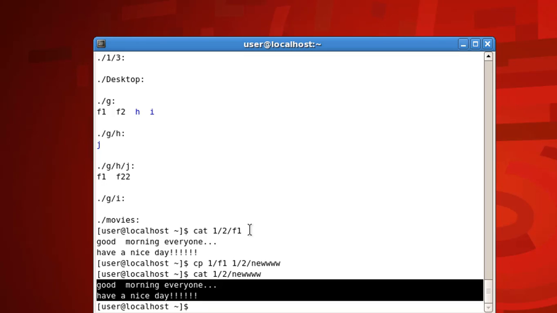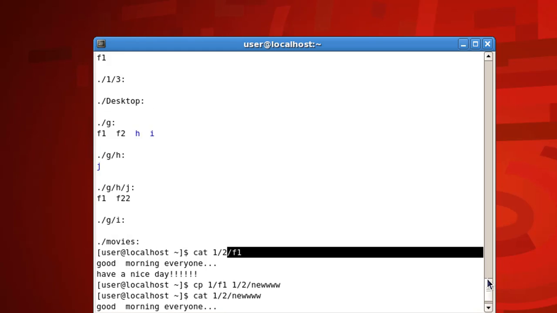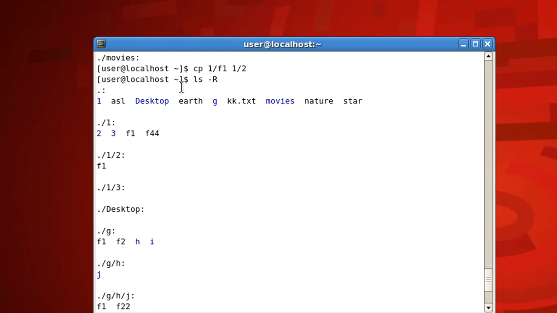Okay. Similarly, when you copy and paste, that's cp, copy and paste. And if you want to perform cut and paste, that command is mv. mv stands for move. Let's say I want to move this file, I want to cut this file f1 that we just had and paste it in the main directory, the user's home, I mean the main one. So what I will do,